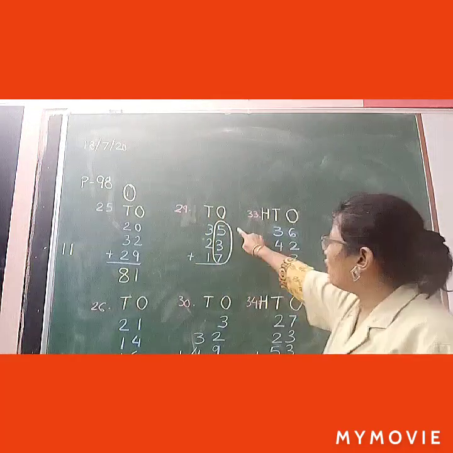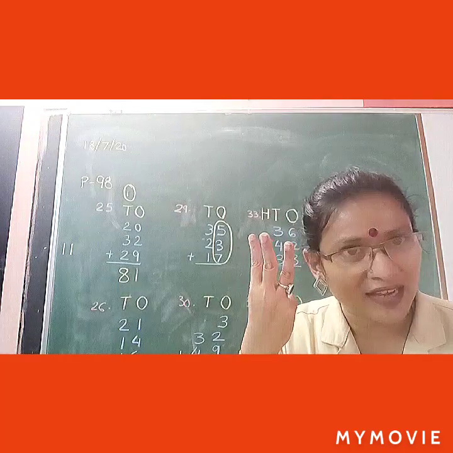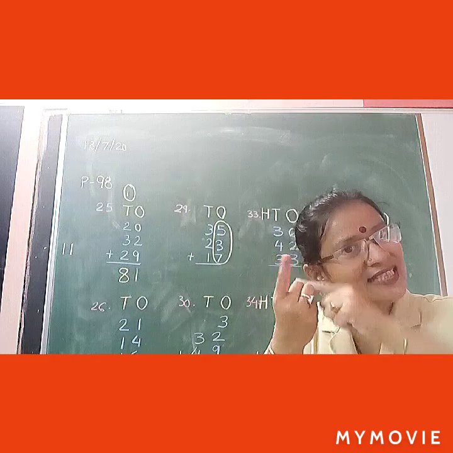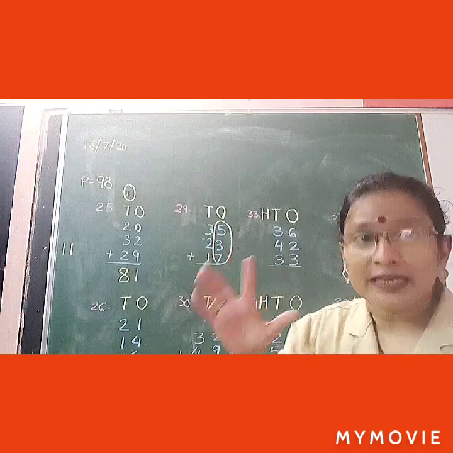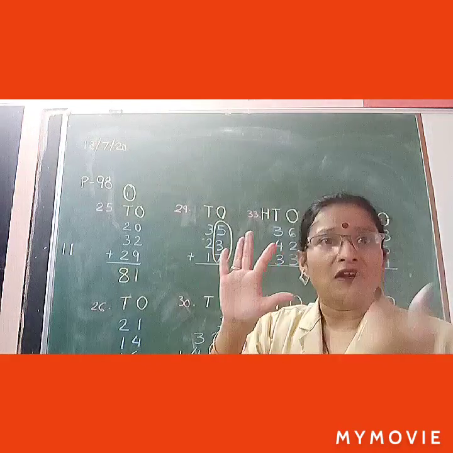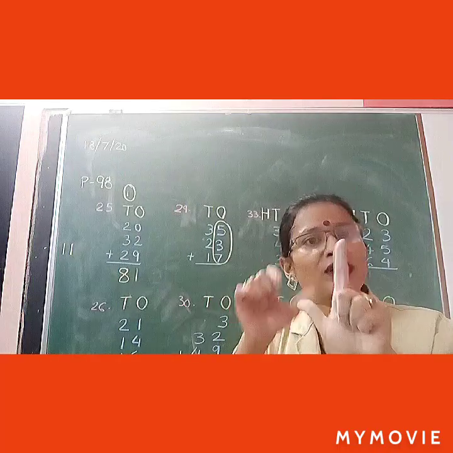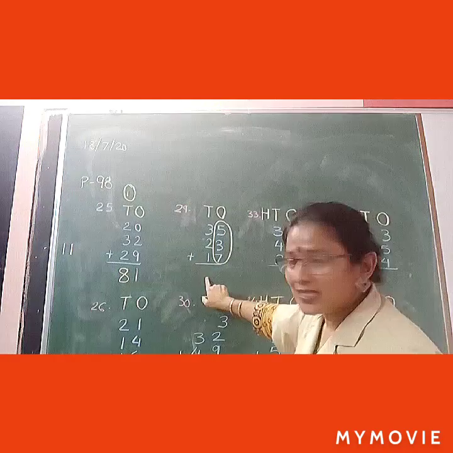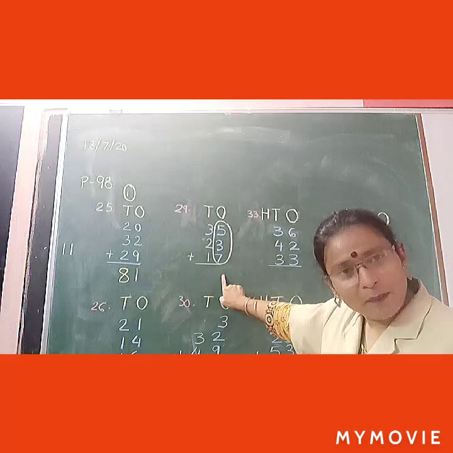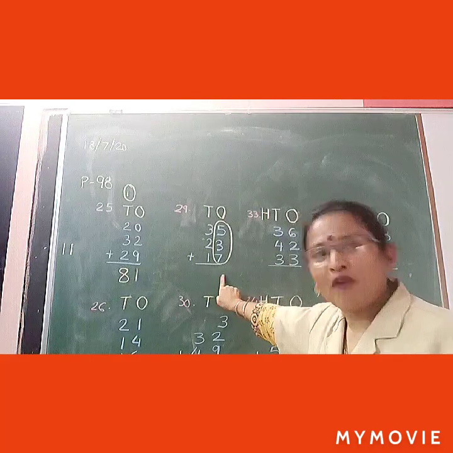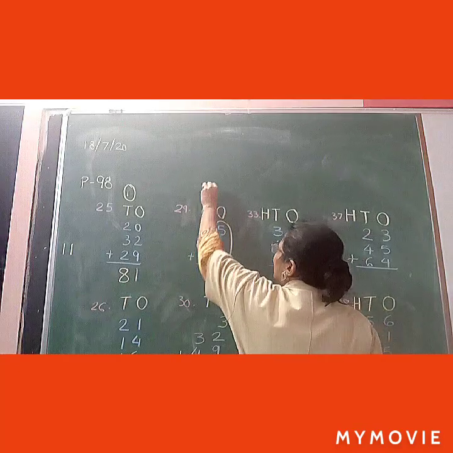Yeah? 5 plus 3. Bigger number, keep it in your mind. Take out 3 fingers. Then 6, 7, 8. Now 8 plus 7. 8 is bigger number. Take out 7 fingers and read after 8. 9, 10, 11, 12, 13, 14, 15. So the answer is 15. What we will write here? The number which is in ones place. So 5 is in ones place. So we will write 5 here and 1 will be carried.